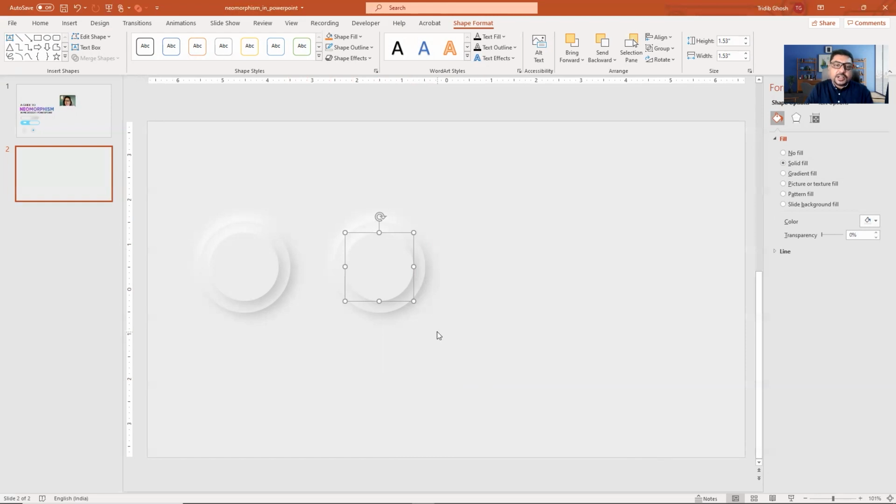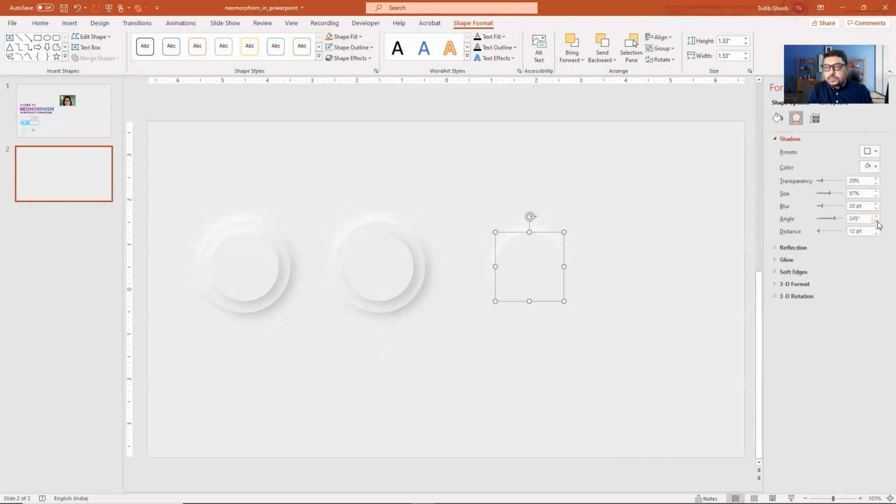The light will come from the bottom right corner, and the shadow will form from the top left corner. So this one will have to change to black or a dark color. I will take a darker shade of this. Lovely. So this is again 240, 245 is okay.